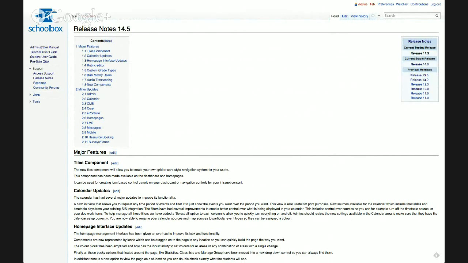Yes, that's correct. The first time that you access the Google Drive, it will ask you to approve Schoolbox to access your Google Drive, so there needs the trust relationship built, but you also need to log into Google before you can approve Schoolbox to be able to access the Google Drive as well. So in terms of that workflow, what you can expect to see is that the user will first be asked to log in. Most users these days are logged in permanently in their browser, especially if they're using Chrome, but if they're not, they'll be asked to log in first. It will then ask them to approve Schoolbox, and once that process is done, it will then make the appropriate access and give you